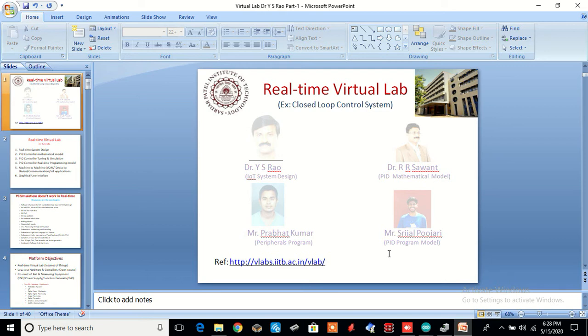Though the concept is not new, it has existed for a couple of years, specifically in multinational companies where their research center or monitoring center is in one place and their industries are spread across the globe. So they are monitoring their factories, these process control systems, remotely by using what is called virtual.